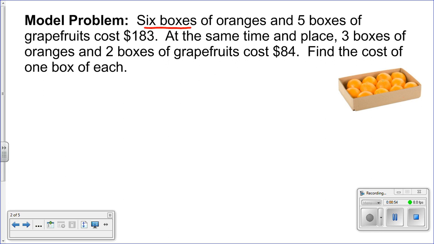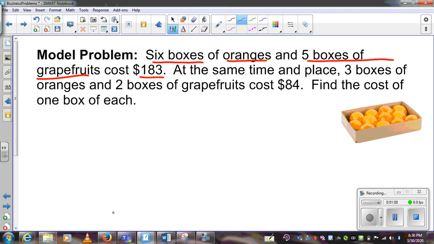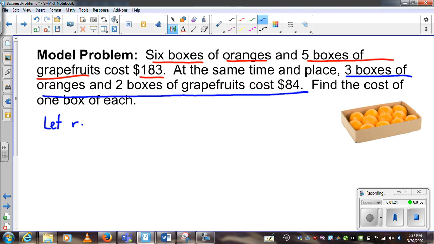So we have 6 boxes of oranges and 5 boxes of grapefruits for $183. Same time and place, we have 3 boxes of oranges and 2 boxes of grapefruits that are $84. Both of those to me sound like equations. So what we're going to do is write our let statement. We need a variable for oranges. So maybe let R equal the cost